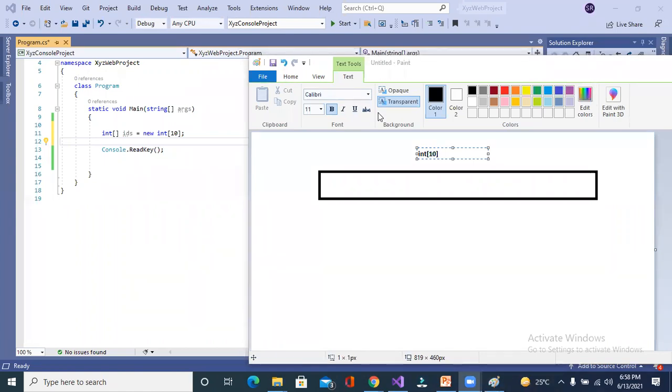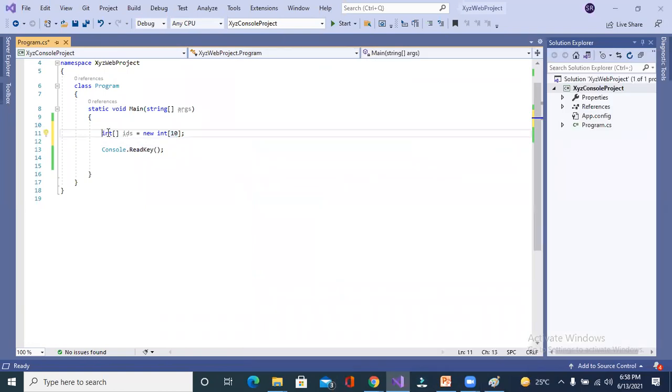Anantaraj, Pai. Yes, sir. Sanjana, are you getting what I did? Yes, sir. I defined one array of length 10. This is the syntax of creating the array in C#.